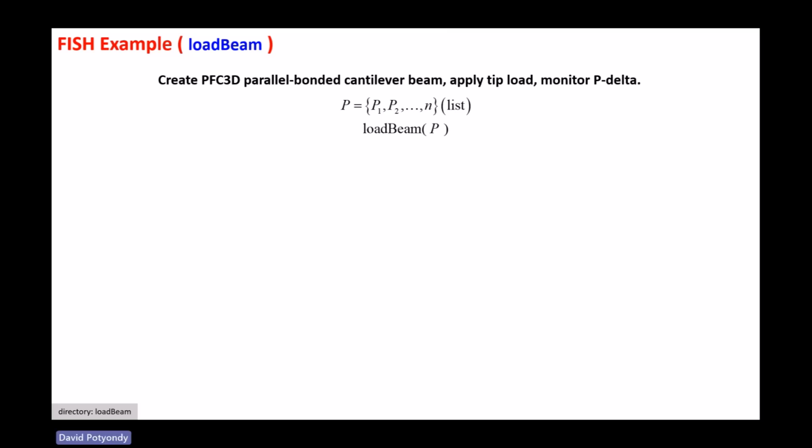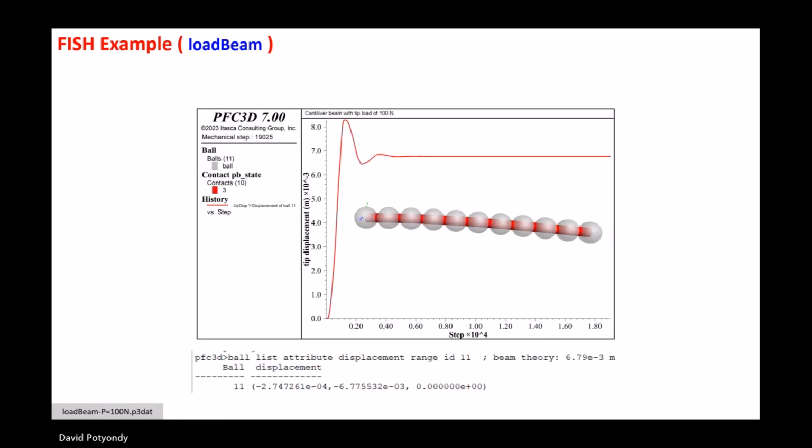Let's return to this problem now. Remember this one. Create a parallel bonded cantilever beam, apply a tip load, and monitor P delta. And we did that right here. If you recall, at the beginning of the last class, we wrote code to do this, and we solved the problem for what it says in the title, a cantilever beam with a tip load of 100 newtons, right? It's fully fixed on the left. They're parallel bonded together. We're applying right on the far right in the Y direction, a tip load of 100